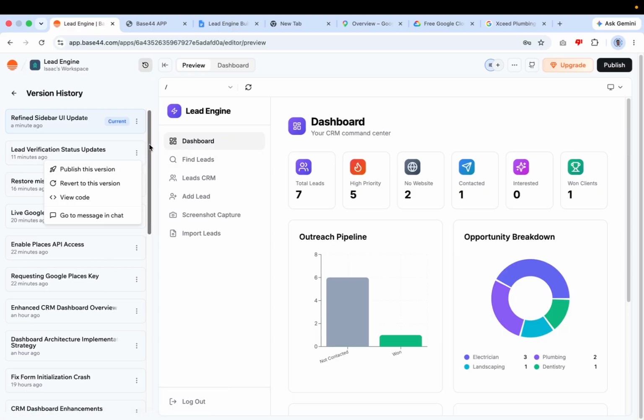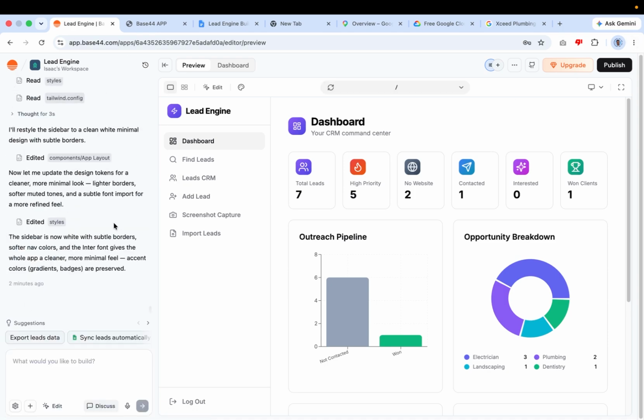So that just means if you've made a major mistake, something breaks. Very rarely does that happen anymore with where Base44 AI is at. But if something does feel a bit hard to come back on, I always just go through the version histories, find ones before the mistake was there or before some change that I didn't actually want. And then I just hit revert to this previous version, then hit publish. Okay, so that is